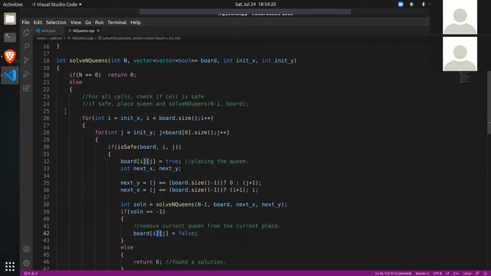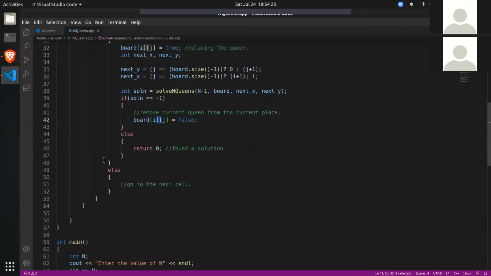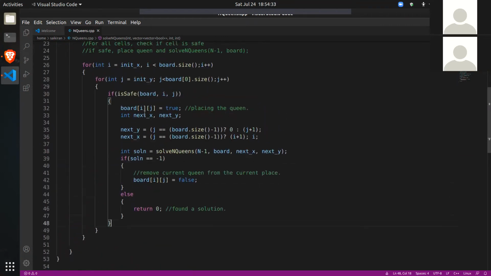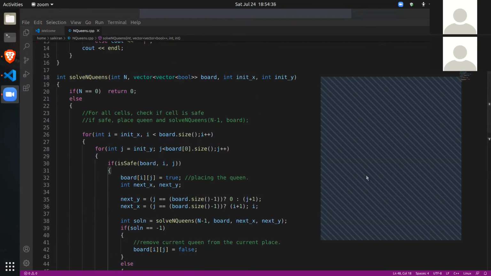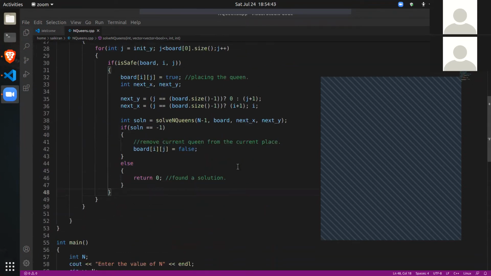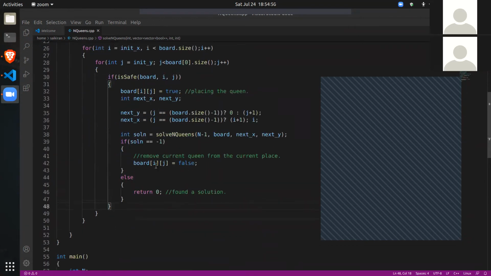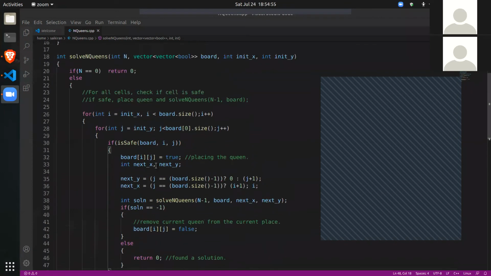Is the solution clear so far? There's nothing much to it. And this else case is empty. Go to the next cell will happen automatically. I don't have to write this. Let me check. Is everyone clear with this solution so far? We still have some function to write. This is save function. We'll write it, but the solution should be clear so far, whatever we did till now.